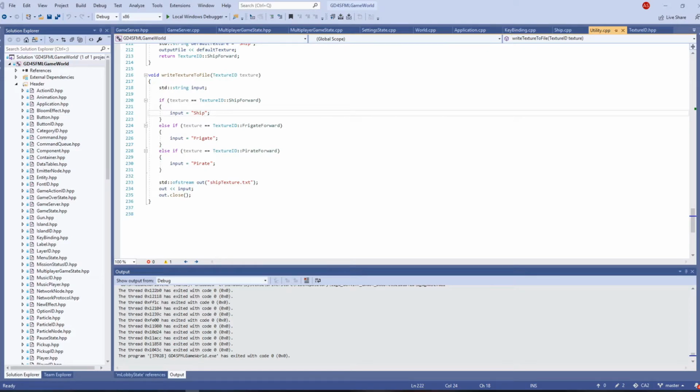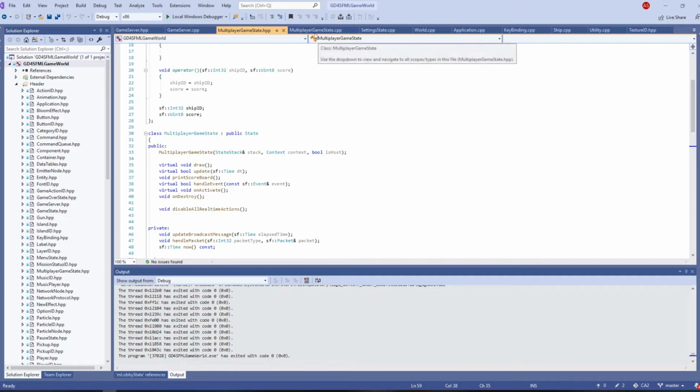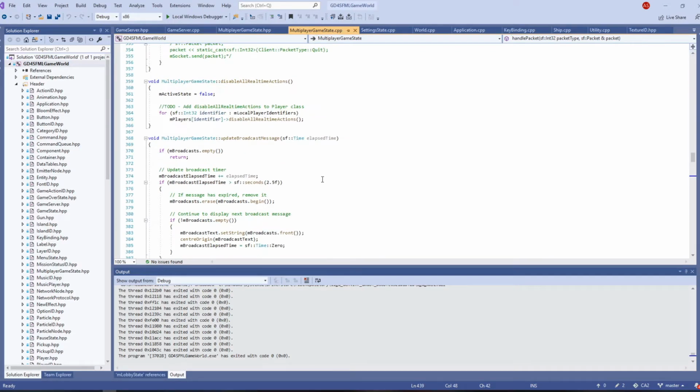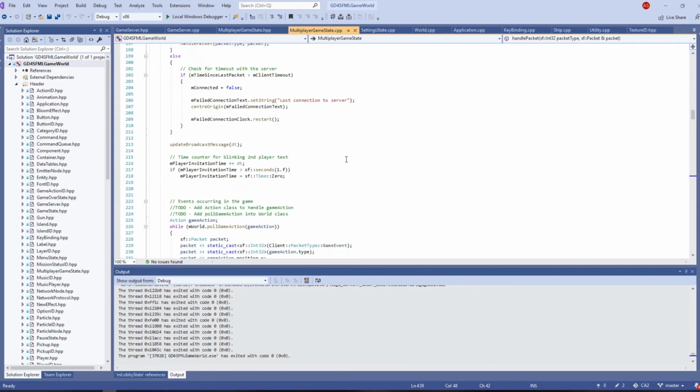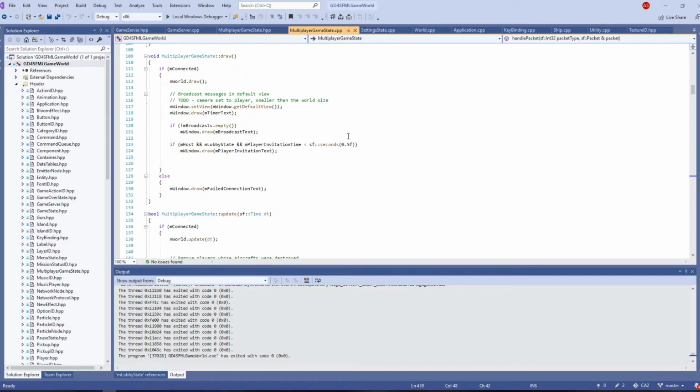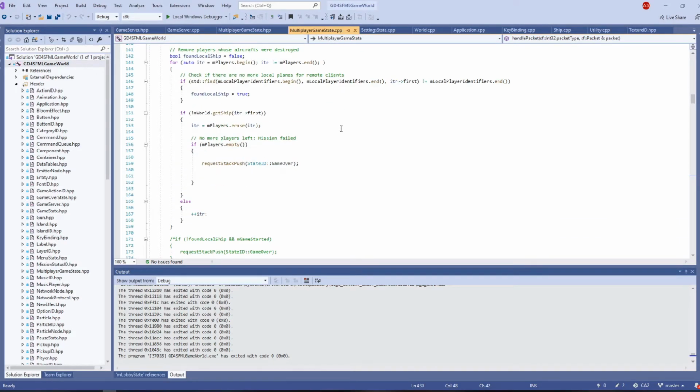Now there are two last things I need to mention that I did on the multiplayer state. The first one is to prevent the host from exiting the game when he dies. Actually, I prevent all of the clients from exiting the game when they die. You're only able to exit the game through escape and then return to the game, or when the game is actually finished. Because we don't want a situation where someone can just kill the host and then the whole game ends,